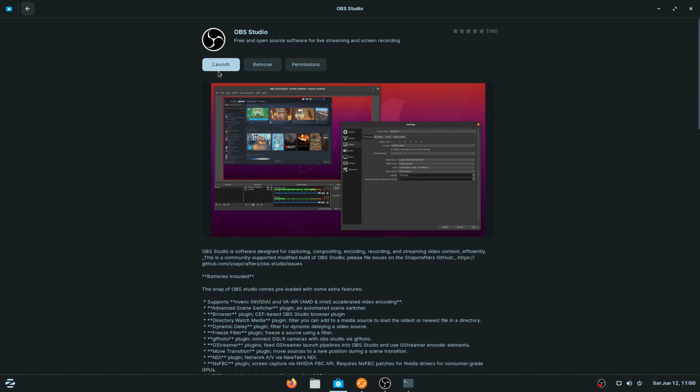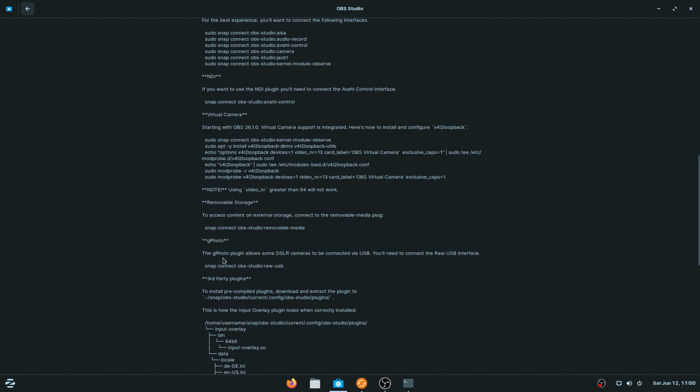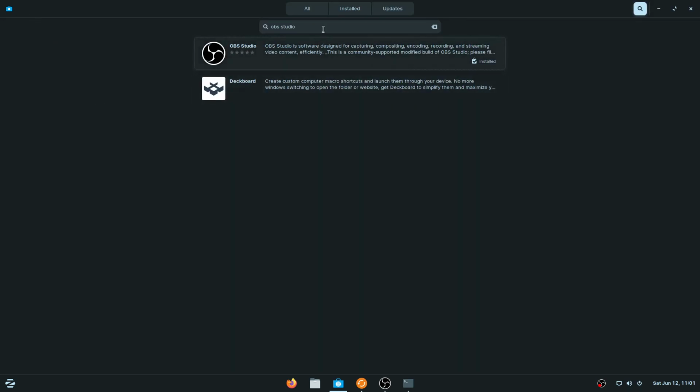So you can go to launch because I've already installed it, but you will see an install option here, and you can choose to install it and it will work for you pretty well. It has all these release notes if you face any problem. It does mention what version there is and when it was updated. So it was updated today, which is amazing. So that means it's all good. We can install it, and you see it says installed here.